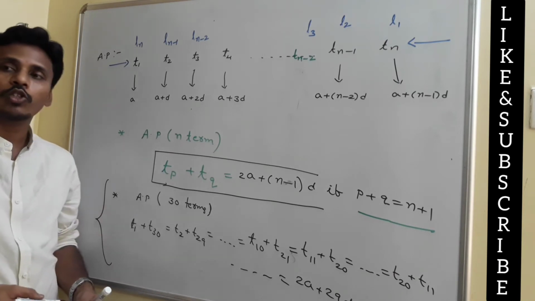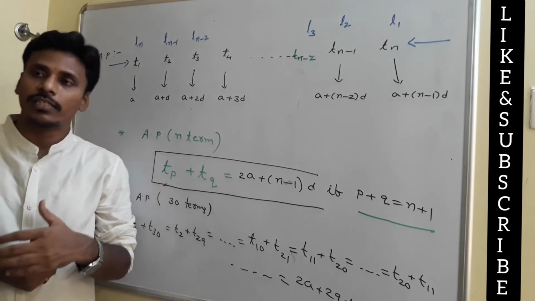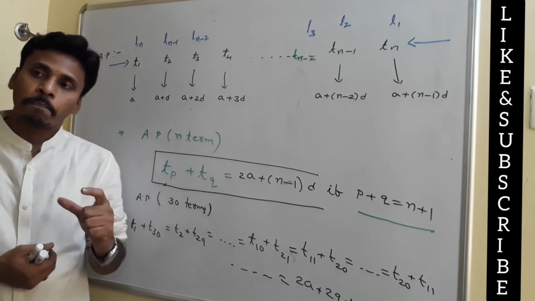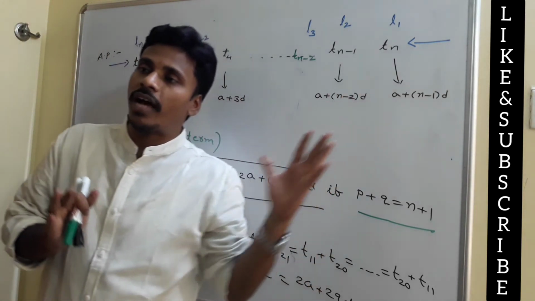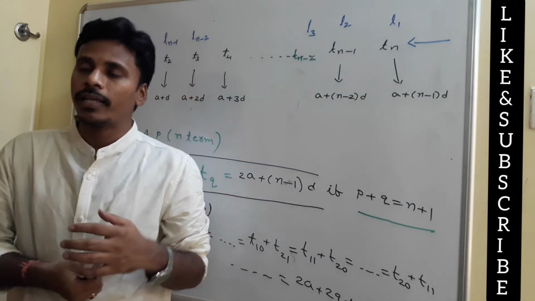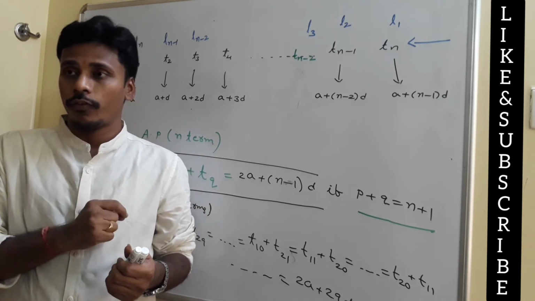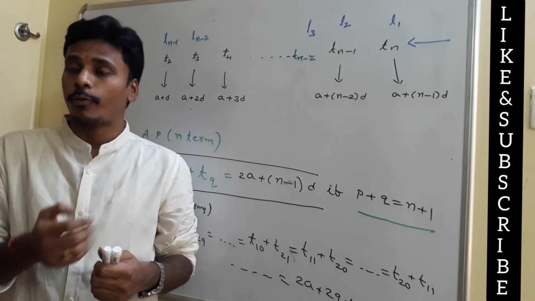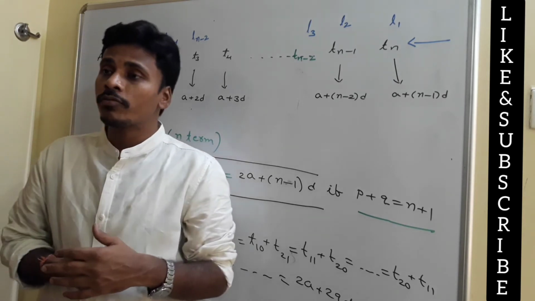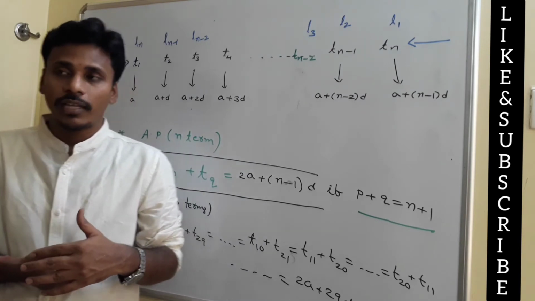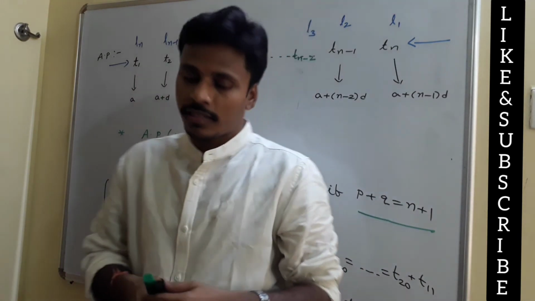Based on this idea, you may solve many problems. Again, I am repeating that if there are n terms in an arithmetic sequence, then the sum of the mth term from the start as well as from the end is equal to 2a plus n minus 1 into d, right? Very important aspect from the examination point of view. If you go through the previous year problems of the JEE Mains, you may face 5 to 6 problems related to this concept from different years. Just have a look, and I will give you the sum of n terms of the arithmetic sequence in the next task.